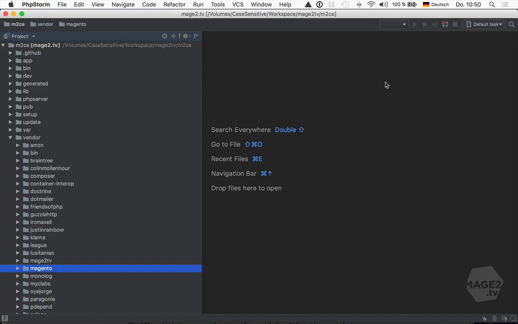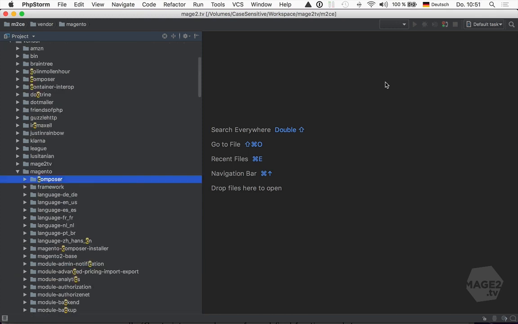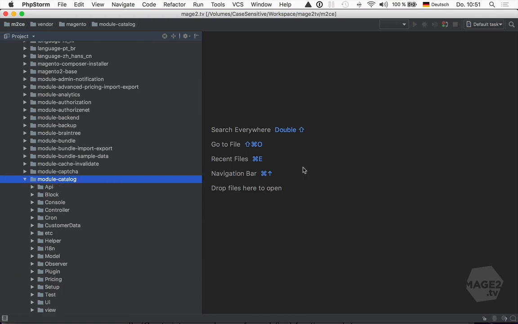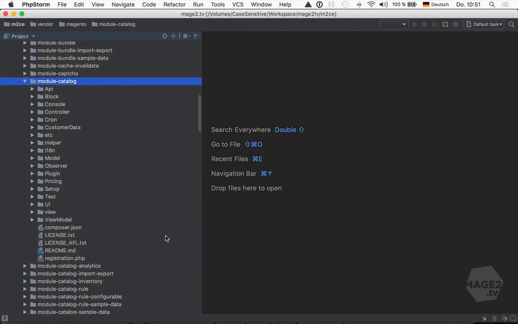Let's use the catalog module as an example. It is the largest module in Magento, so please relax. Most modules don't contain half as many files and directories. So we can find the catalog module in vendor Magento and then module catalog right here. But before we look at the directories in this module, I want to talk a bit about module